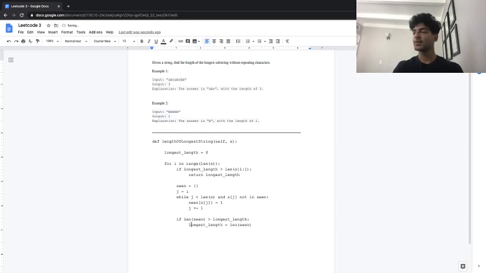So this is pretty self-explanatory. We're just saying that if the length of our dictionary is longer than our previous longest length, we're just going to replace what our longest length is. And then at the very end, we're just going to return the longest length. So I believe this should be it for coding up this function. What I'm going to do now is